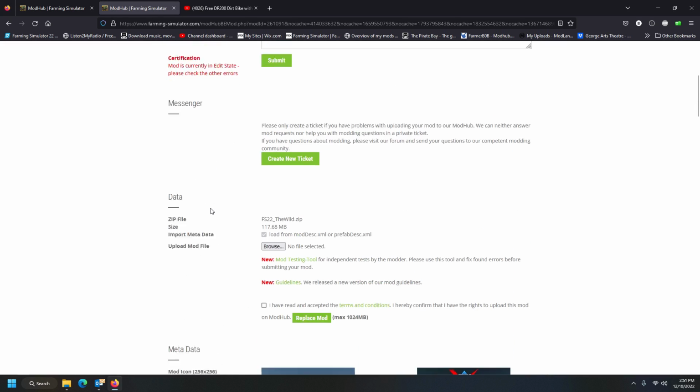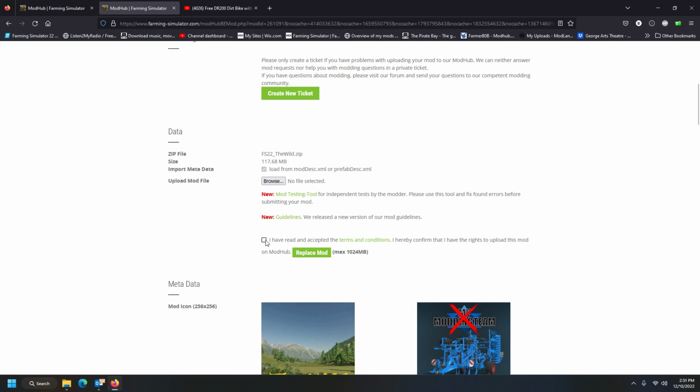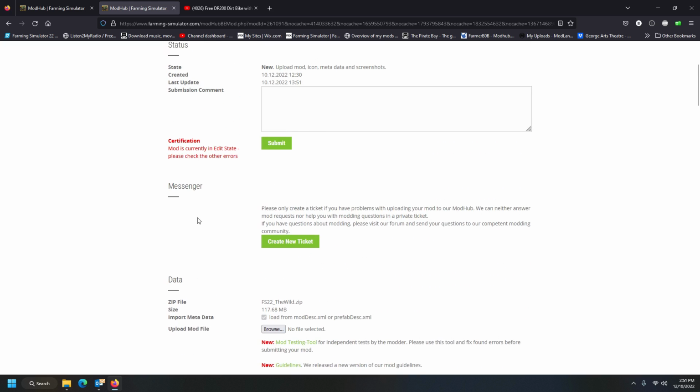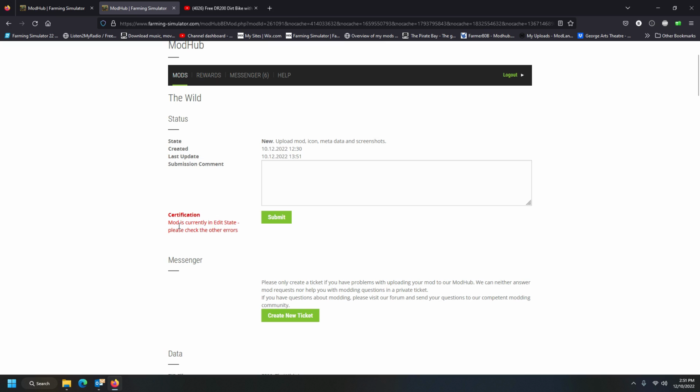So once all the things is happy and there's no red things here on the side, you can go here to the top. Just make sure you select here, you have red, and then mod is currently in edit state. Then in here by the comments, you can add a message there to the guys. Please